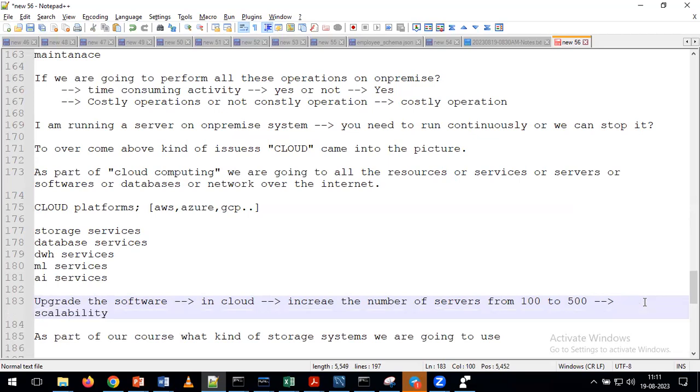In the coming classes, we are going to discuss different features like what is scalability, what is high availability. All these are different features we have for the cloud only. But as part of the demo session, I am not touching all the information. Whenever we move to the cloud, you can get all these kinds of features, and we can save time and also save cost. That's the reason